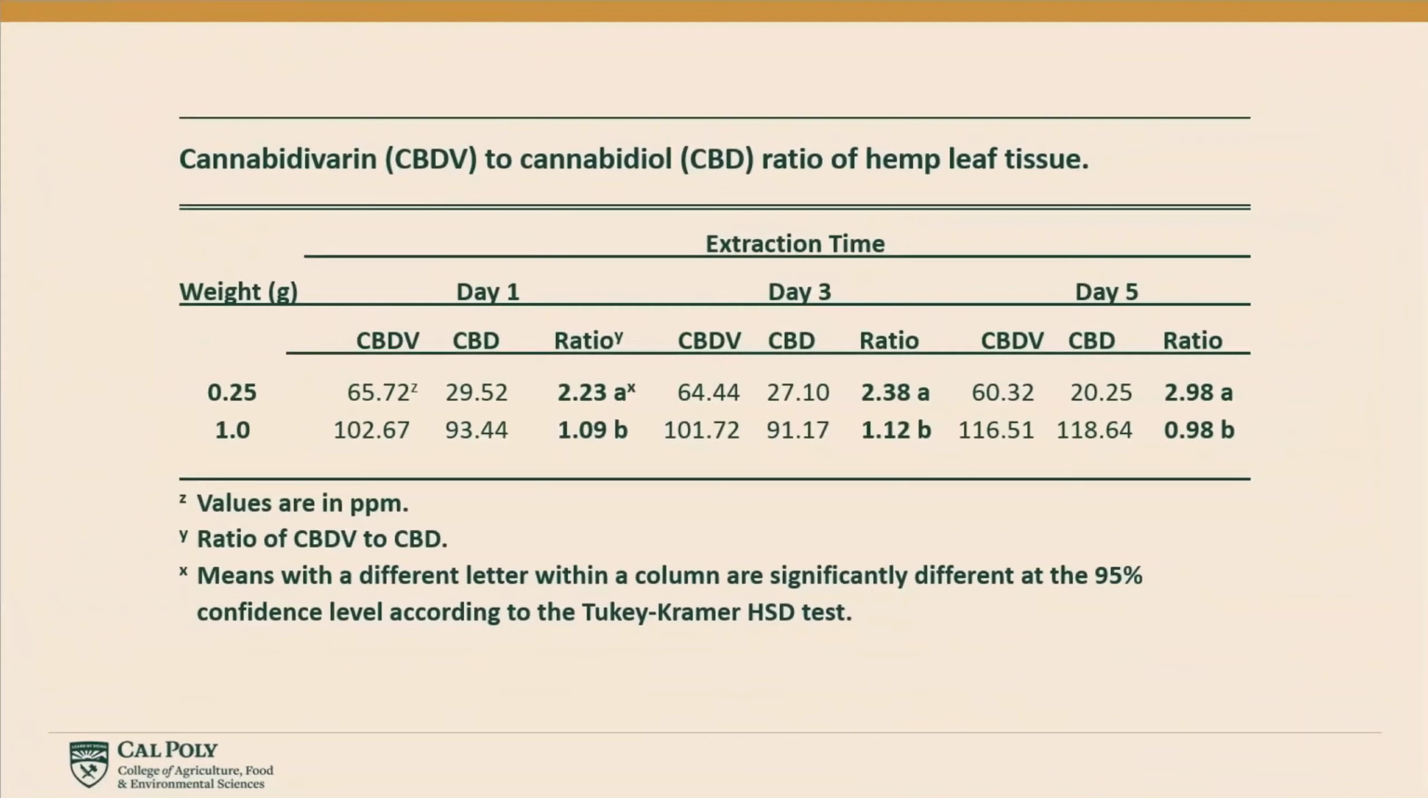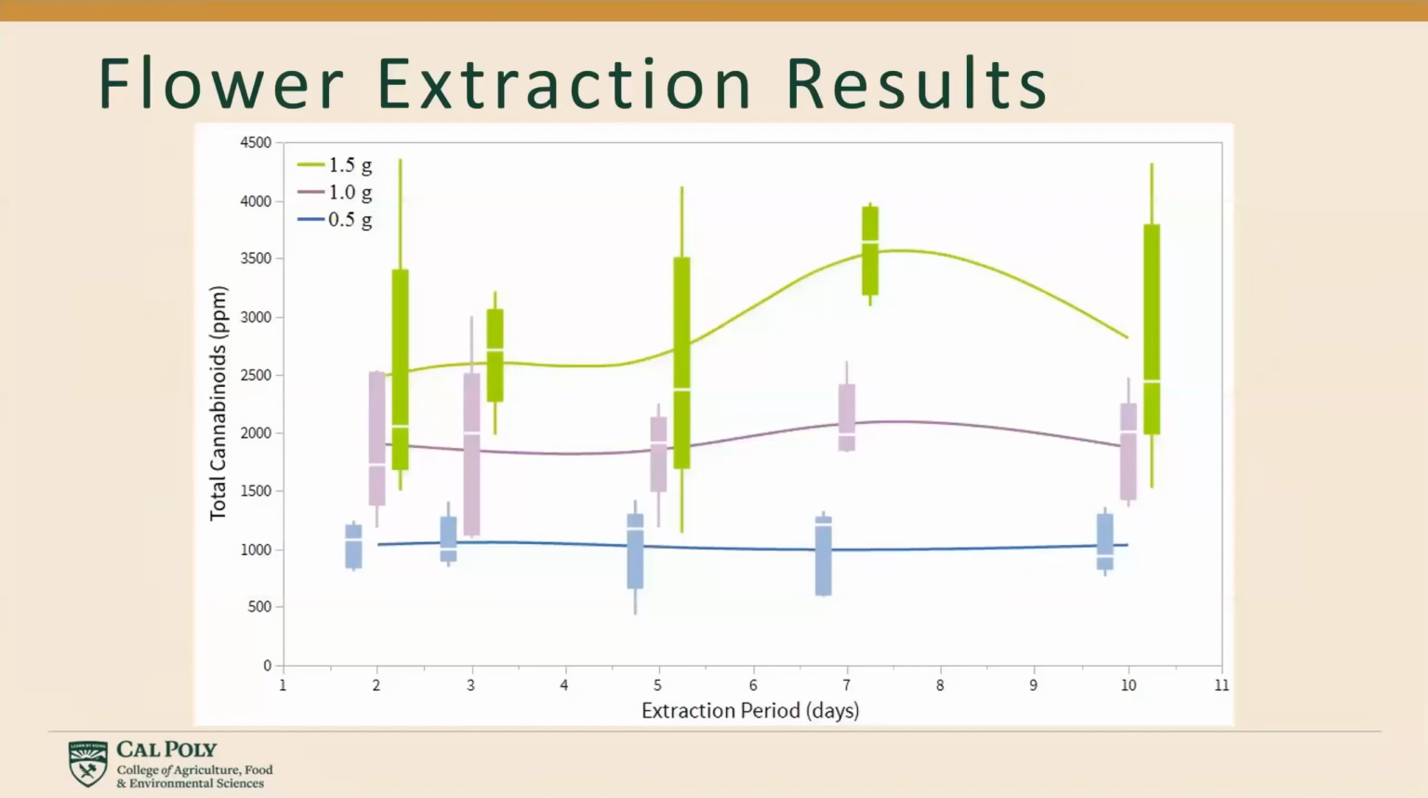Now let's look at the flower extraction results. The most variability was seen in 1.5 gram samples, followed by 1 gram samples, and the 1/2 gram samples had the least amount of variability across all extraction days. With half-gram samples, there is relatively consistent quantification over time, as you can see with the flat line from day